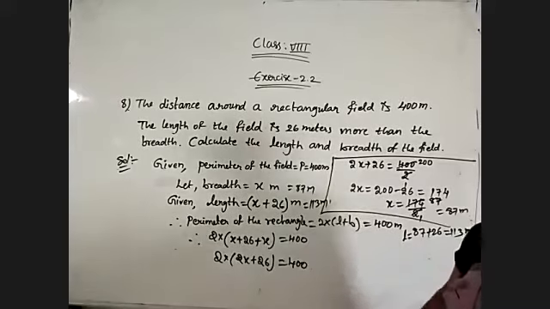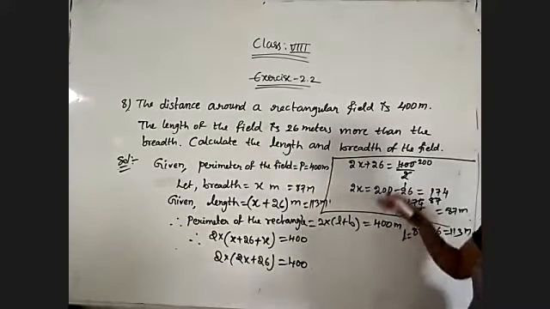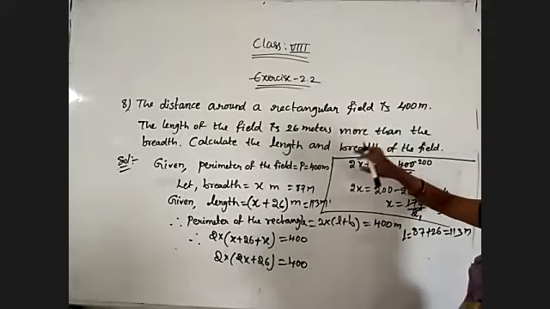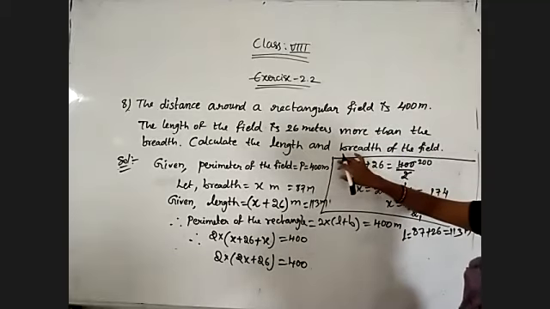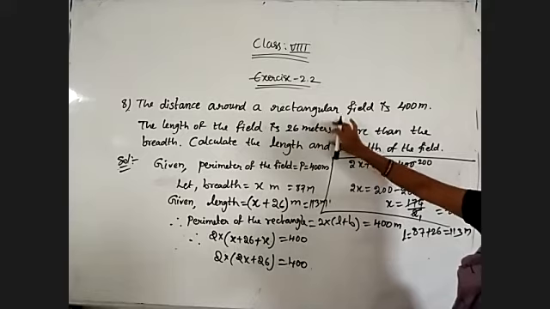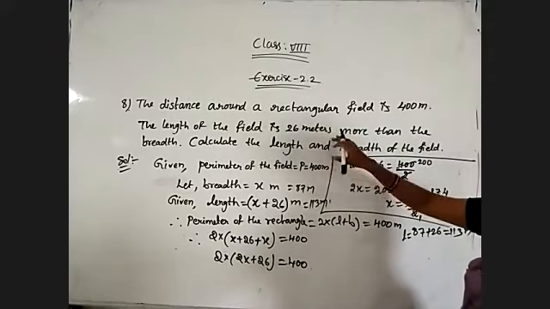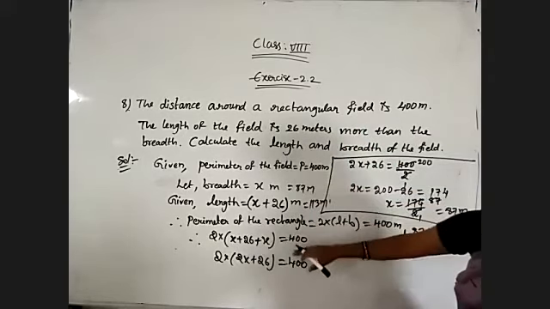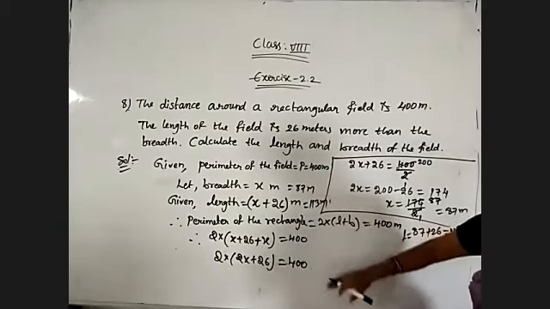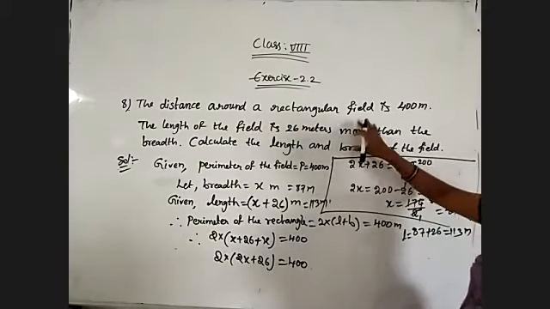Okay. So once again, I am telling, whenever you get a question like this, compulsorily they will give either the area or the perimeter, and they won't give the length and breadth for this type of question. They will give the relation between length and breadth. So we must convert it into equation form, by taking variables. So we use equations in such type of questions.